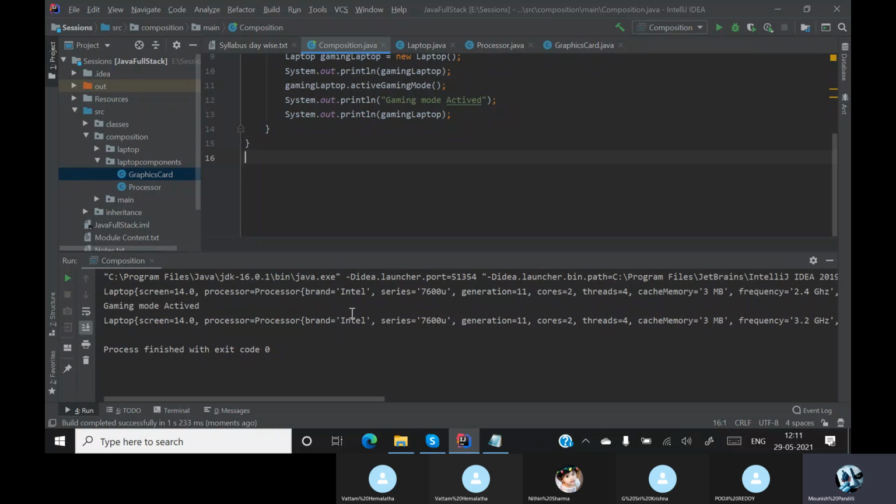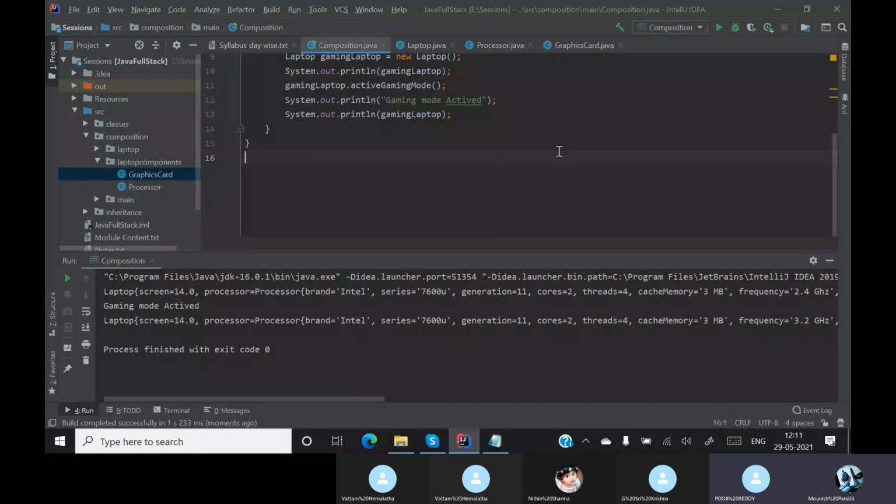So if you see here, initially my gaming laptop details are this. My frequency is 2.4 gigahertz. When I activated my gaming mode, my current frequency is 3.2 gigahertz. Okay, understood how the functionality is working?